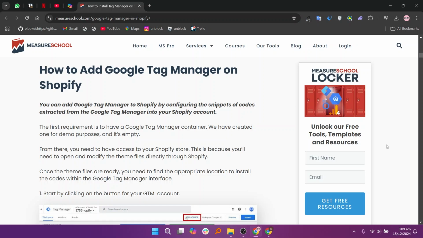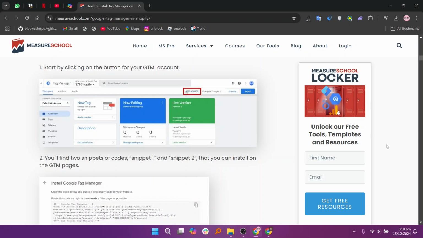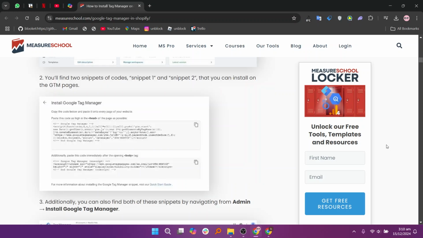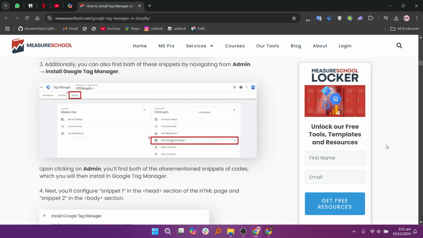Tag Manager interface. Start by clicking on the button for your GTM account. You'll find two snippets of codes, Snippet 1 and Snippet 2, then install it on the GTM pages. Additionally, you can also find both of these snippets by navigating from Admin and clicking Install Google Tag Manager. Upon clicking on Admin, you'll find both of the aforementioned snippets of codes, which you will then install in Google